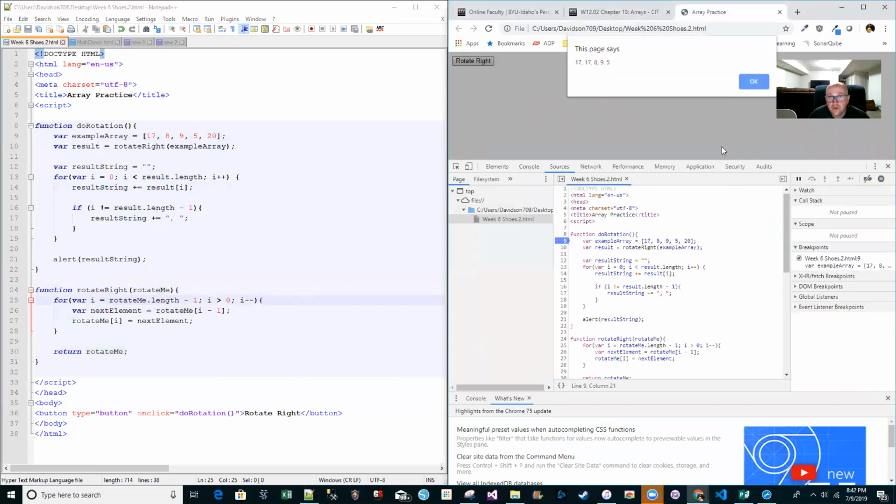Okay, here we go. So 17, 8, 9, 5. We're just about there. We shifted everything to the right one, except we didn't do anything with this first index. So we've repeated the element at index 0 twice. I would expect 20 to be in that spot. So all we need to do is,